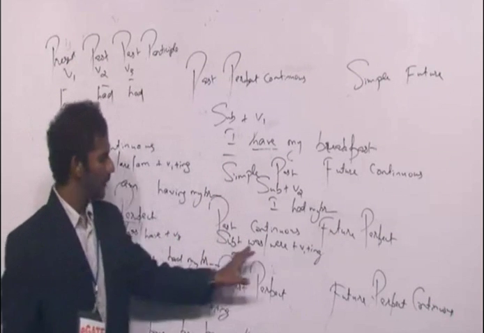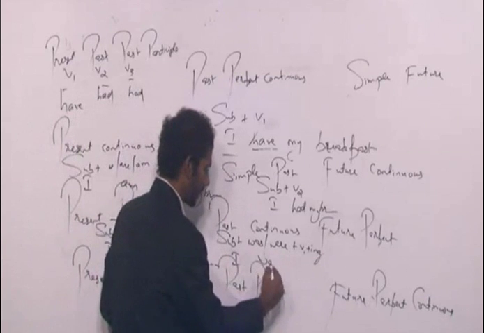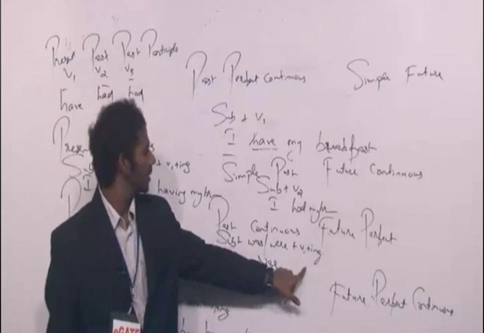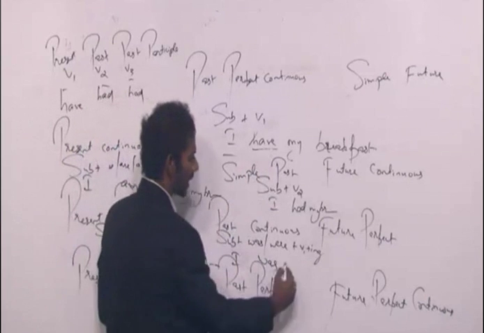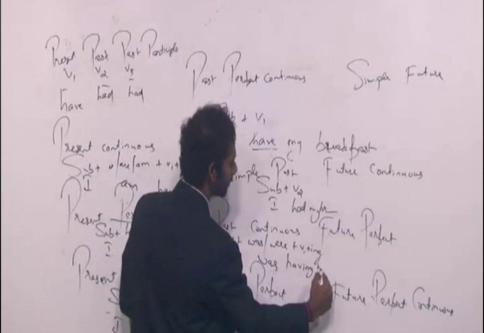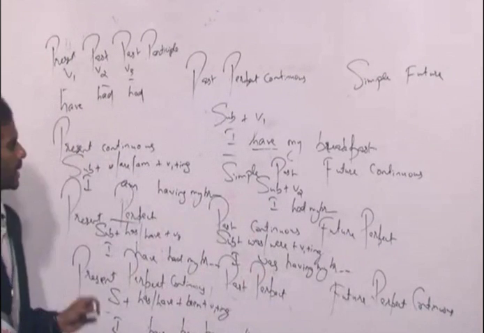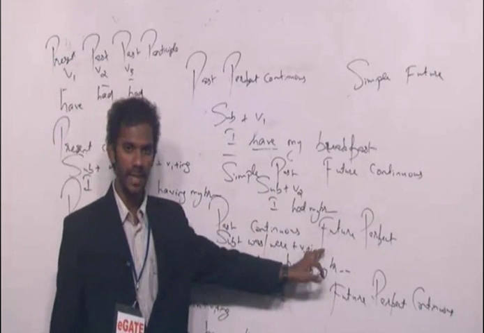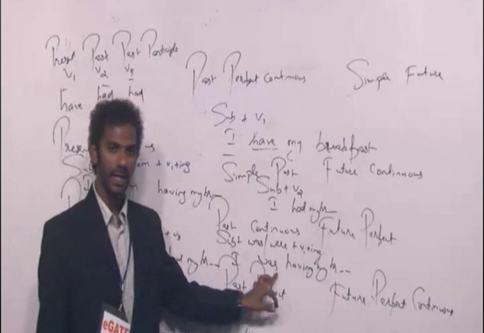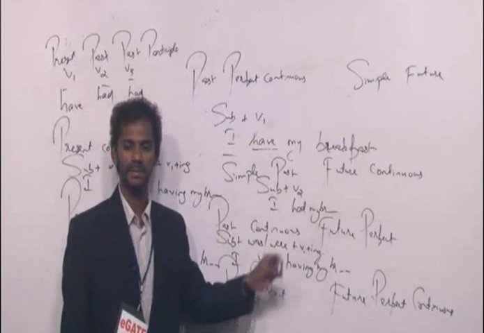Fine. I was or I were. I was, plus V1 plus ing. What is the verb here? Have. Ing of have is having. So it becomes I was having my breakfast. Subject plus was or were plus V1 plus ing. I is a subject. With I is was. I was having my breakfast.